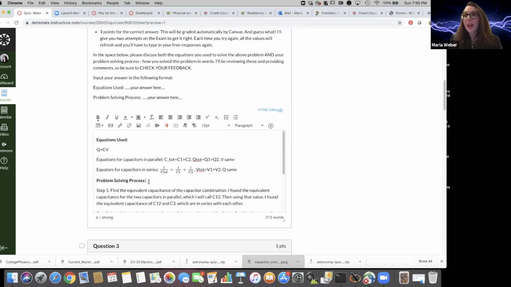Now, for the sake of time, I skipped the part where I typed in all of my stuff under the problem solving process. I realized I wanted to go back when it says equations used. Not necessarily equations, but when I'm thinking about what I need for capacitors in parallel, I also recall that the voltage across capacitors in parallel is the same. And when I think about my capacitors in series, the charge on all of my capacitors in series must